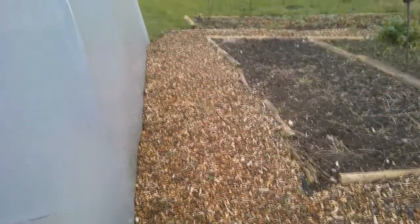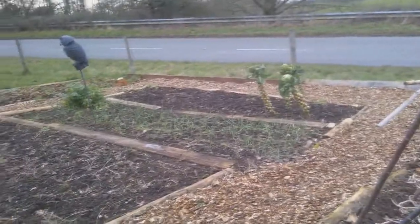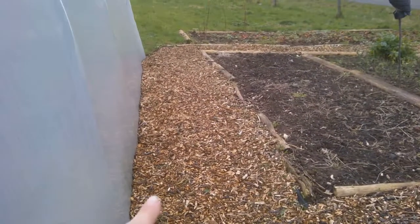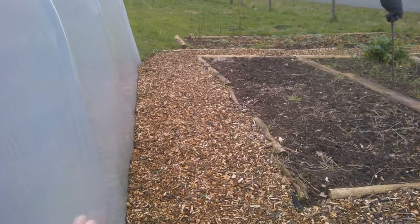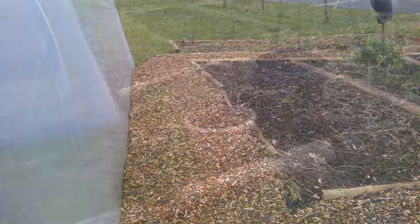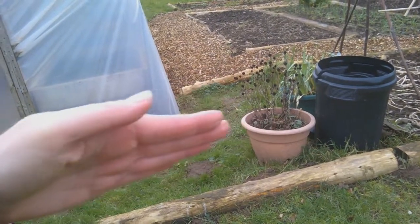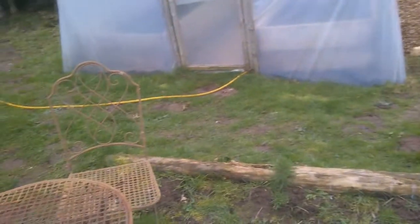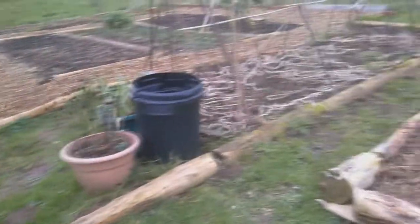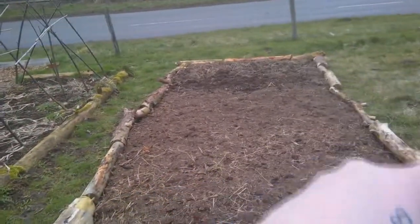So as you can see, if I just bring the camera up and pan around, I've topped up the pathway all the way around these beds, and it looks so much better. And in fact we're finally level again, because it was starting to dip just here where we've trenched the polytunnel. And then if I just move back, the plan is that I will take this end away from here, we'll extend the pathway all the way up here and right the way down the side of the polytunnel. If I move again, there will also be a pathway down here, across here, around the edge of this bed